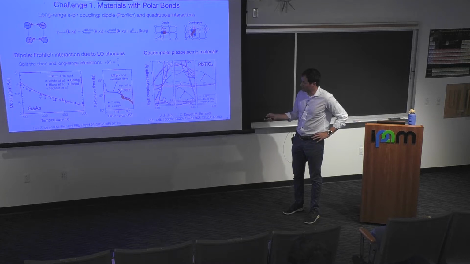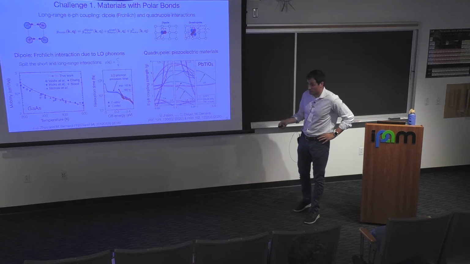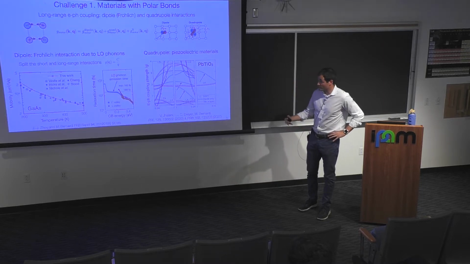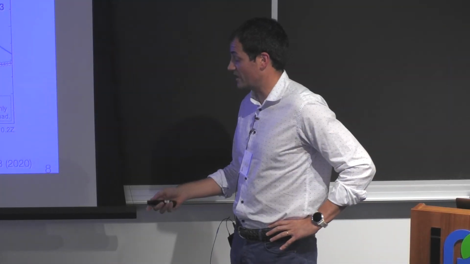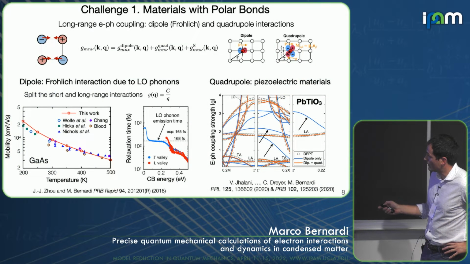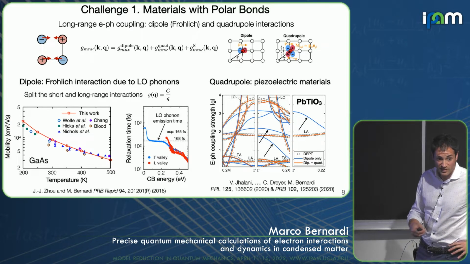The time that we predict is about 168 femtoseconds, which agrees extremely well with the experimental time of 165 femtoseconds. So that's a first indication that these methods can actually provide quantitative accuracy. More recently, we've also shown how to include the quadrupole term, which is particularly important in piezoelectric materials, which are